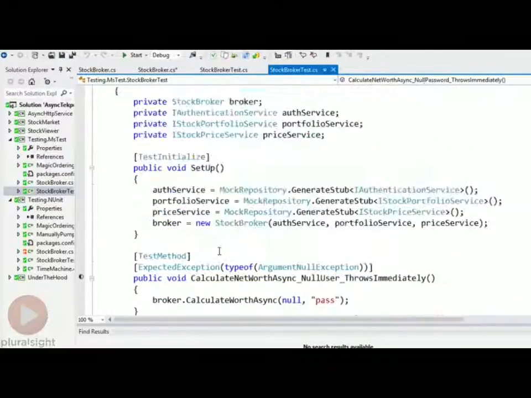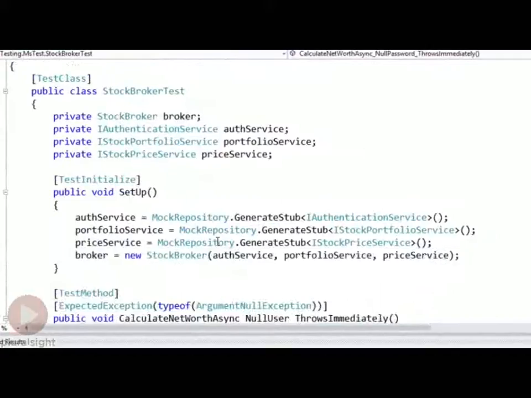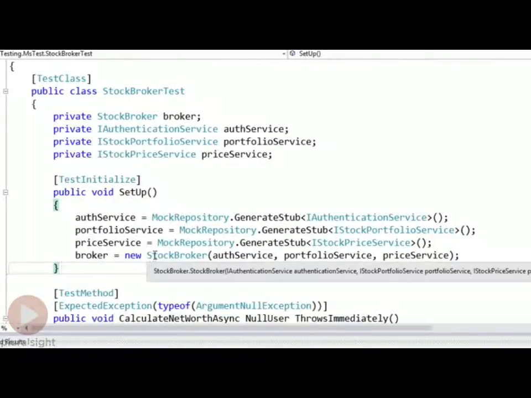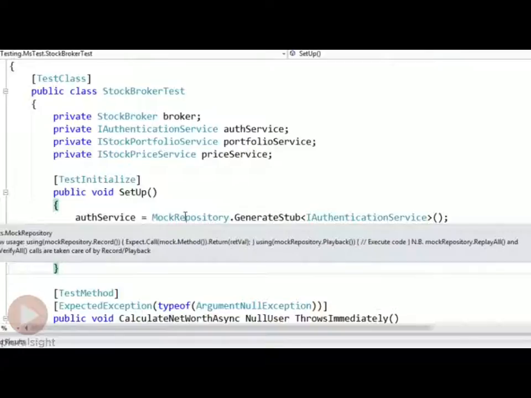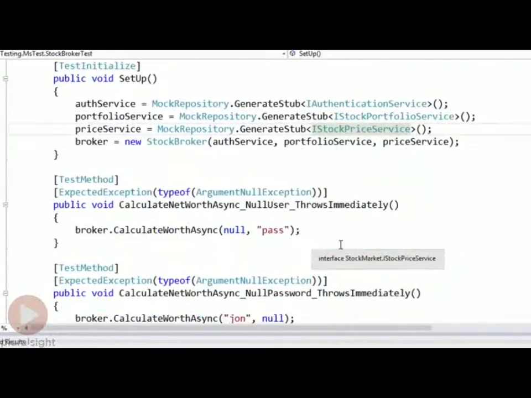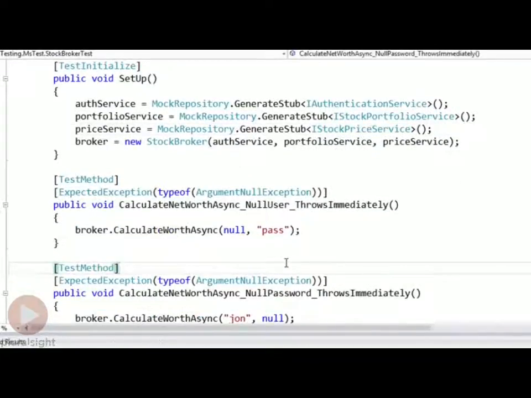So I'll show you the MS Test ones first. We're going to have a normal test setup that just creates our stockbroker, and we're using Rhino Mocks to create three mock services. And let's just check a couple of things. First, we expect that if you call the async method with a null user or a null password, it should